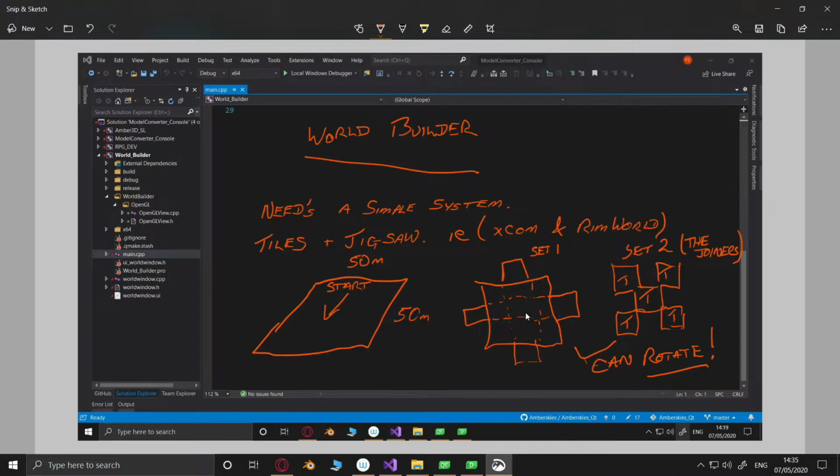And that's how we're going to design our world builder. We're going to design our world builder first to take a model, a blank model with a texture on probably. And at that point we will design that model, either misshape it, pull it up, pull it down, or whatever.